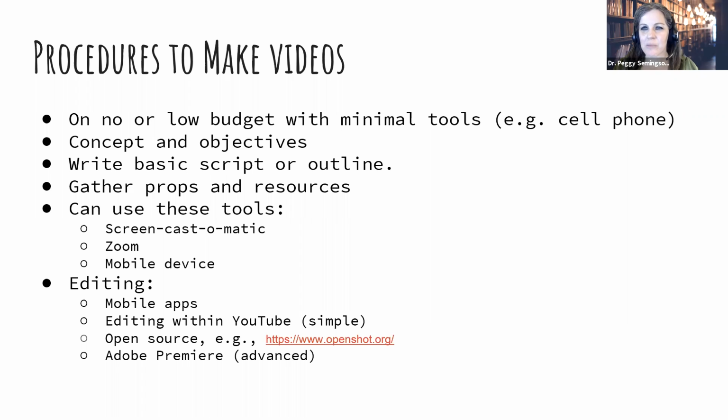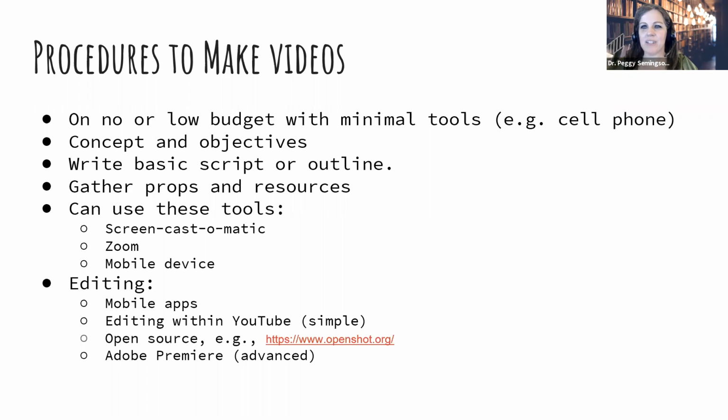Another technique for making videos is storyboarding. So if you look on the internet, look up video storyboarding templates, and you can plan the basics of your video, and it's just sketching stick figures in there, and adding a bit of ideas, sort of your main ideas for your video, so you can sequence it and decide. And then gather props and resources, if any.